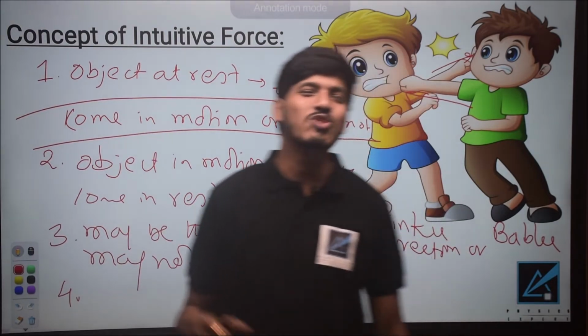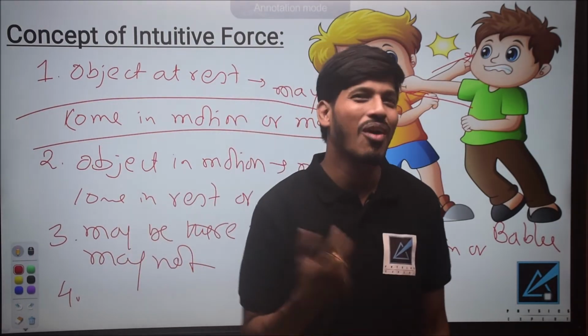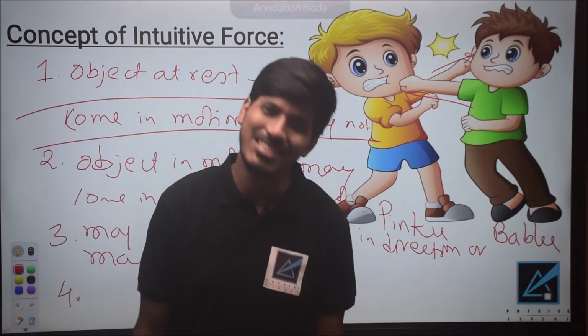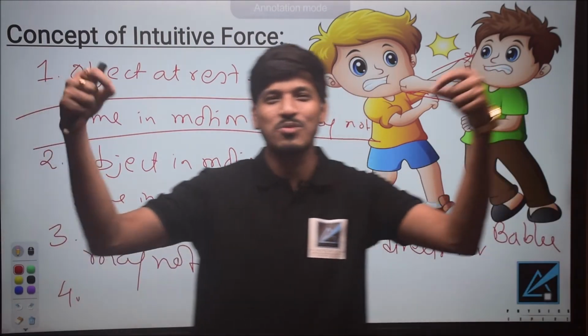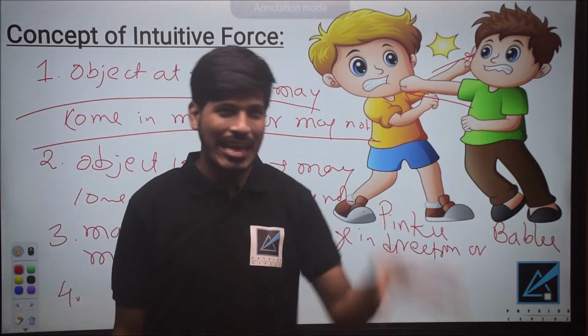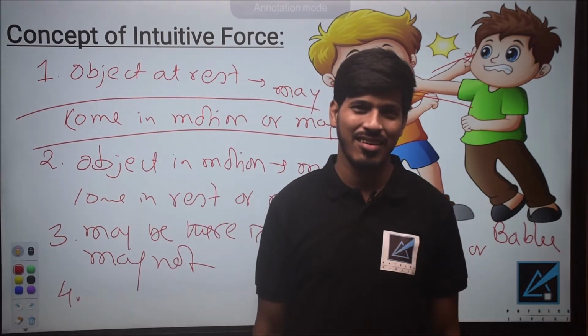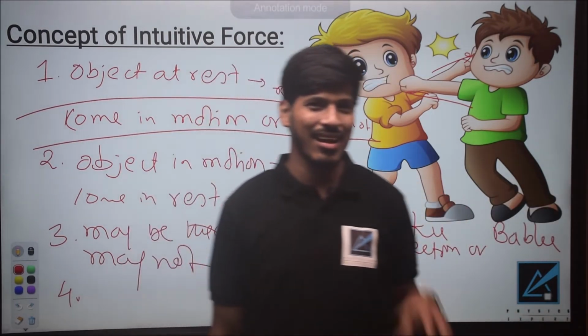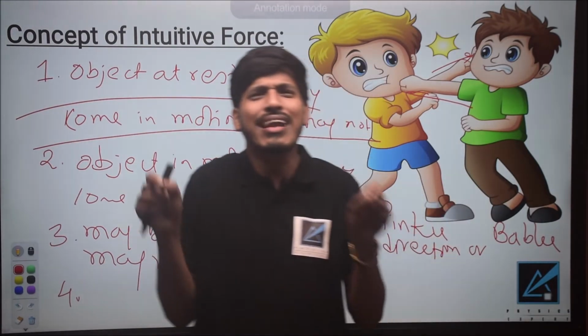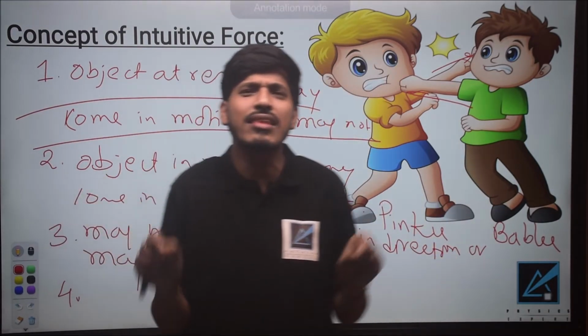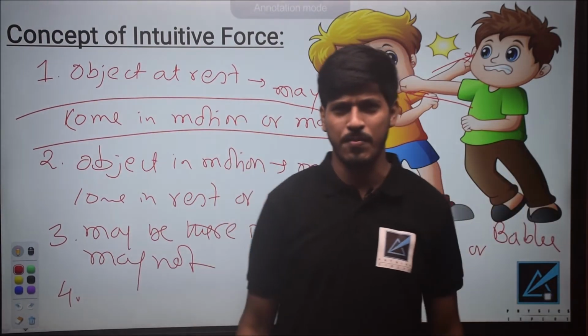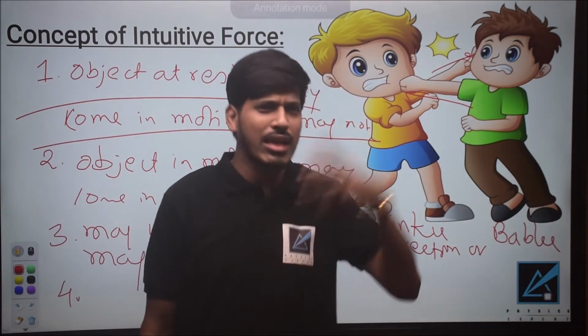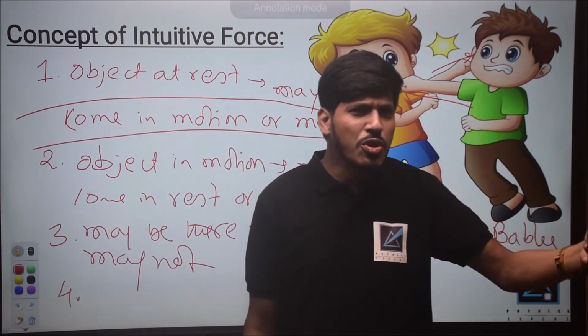And the last one is a change in shape or tendency to change the shape. So what is force? In general, I am not going to Newton's laws of motion. In general, force is an external agency in the form of push or pull, which produces or tends to produce